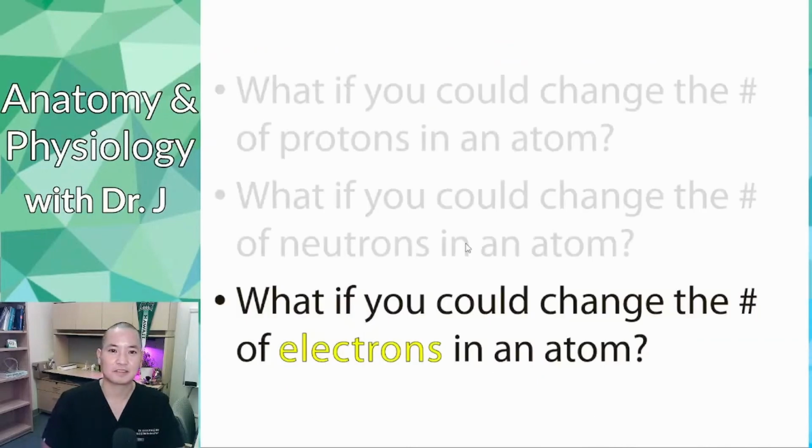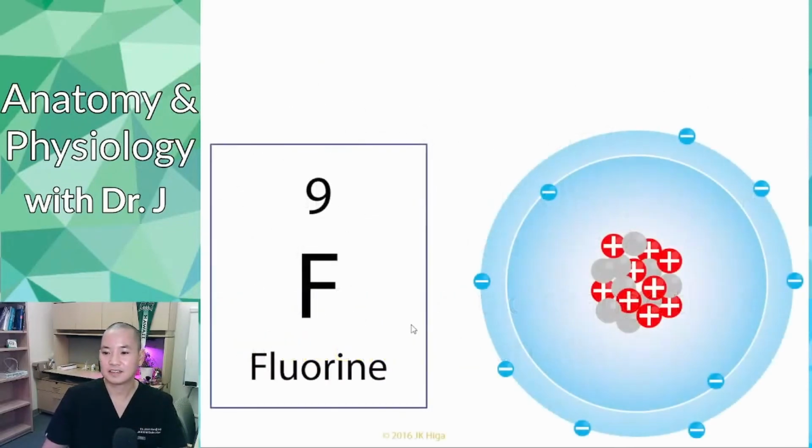Now let's talk about the third atomic particle. The third one we're going to talk about, what's left, electrons. Here we have fluorine, and fluorine, again, atomic number 9. How many protons does it have? Well, definitely you can count them. There are also 9. Here we're showing fluorine with 9 electrons, but typically when you have a fluorine in